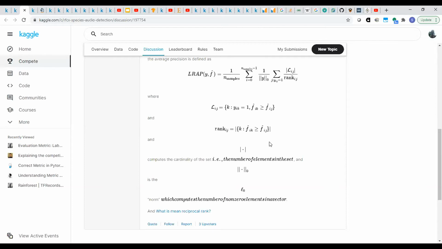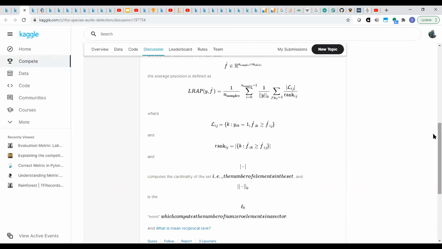Right. And if you want to understand what mean reciprocal rank is, you can click on it and figure that out. But that still leaves me with the question of why this metric. Here's one potential answer. I didn't want to bias people by giving my thought, but this is pure speculation on my part. I didn't find anything which backs this up, but is it a case of, if you have label ranking,